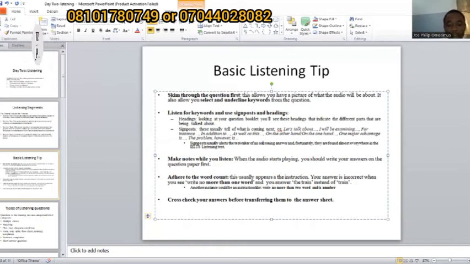Signposts usually indicate an oncoming answer. Unfortunately, these signposts are found almost everywhere. If you keep your eye out for signposts, you will definitely find them almost everywhere in the listening test. Then another thing